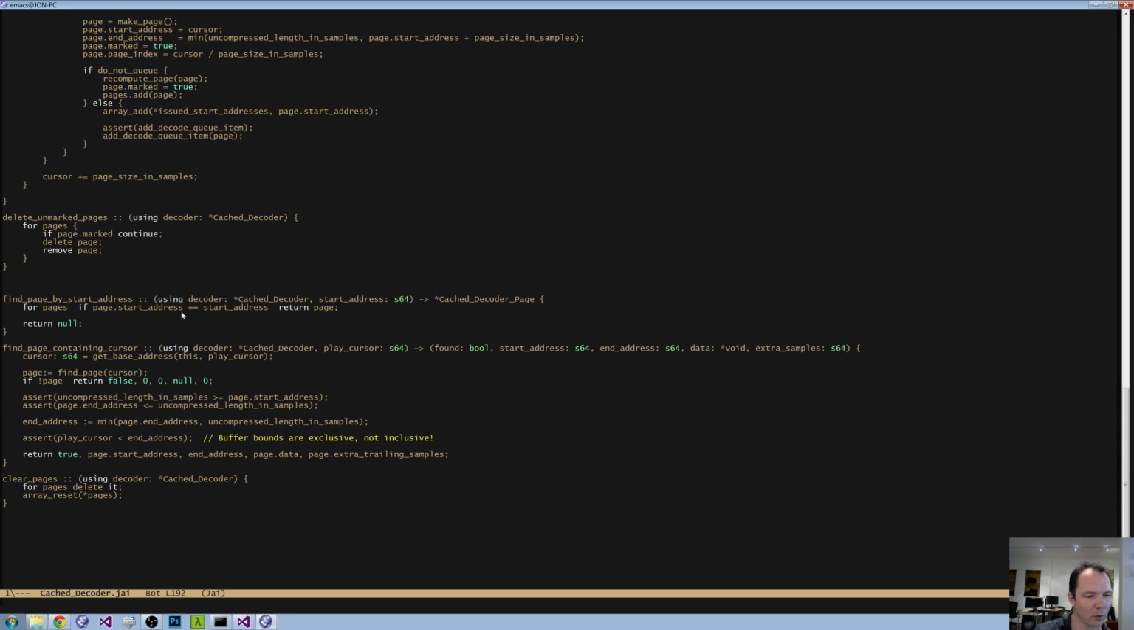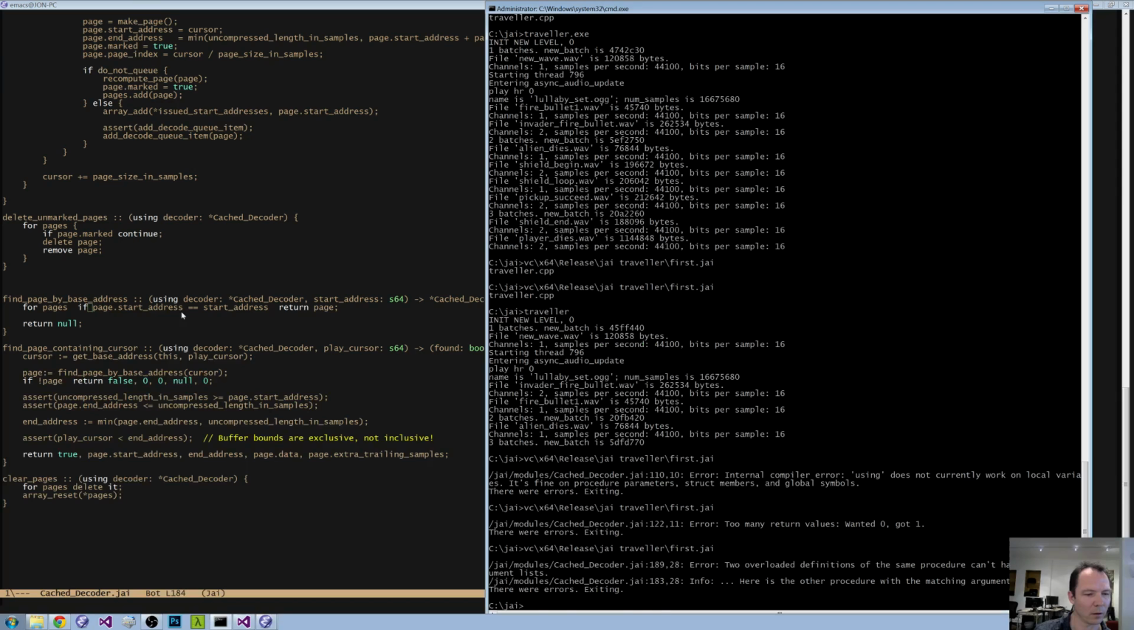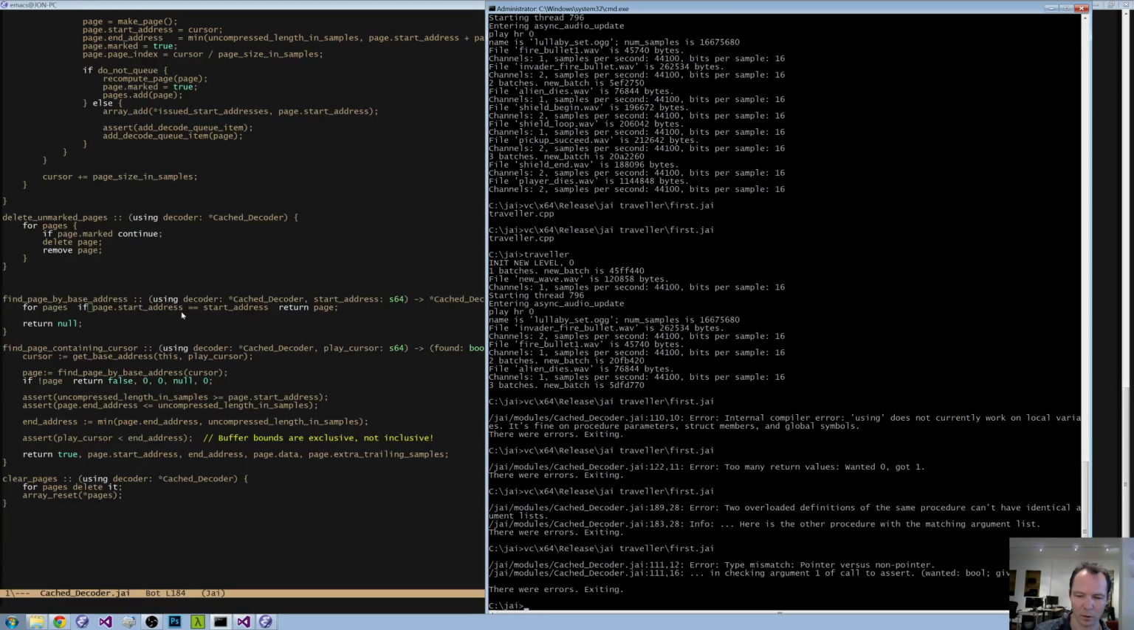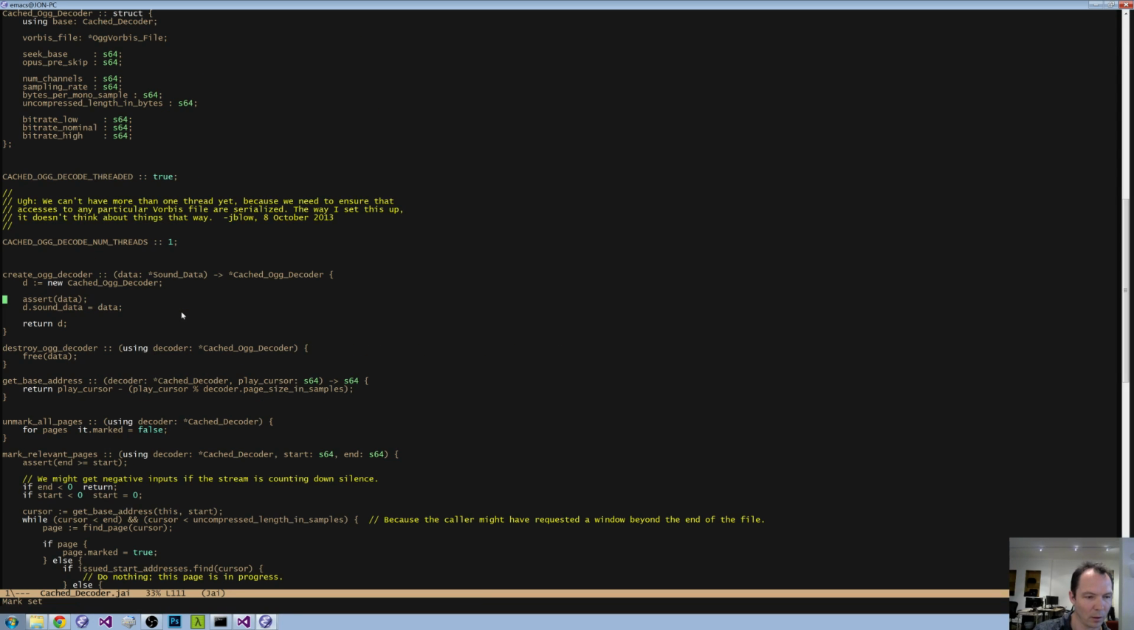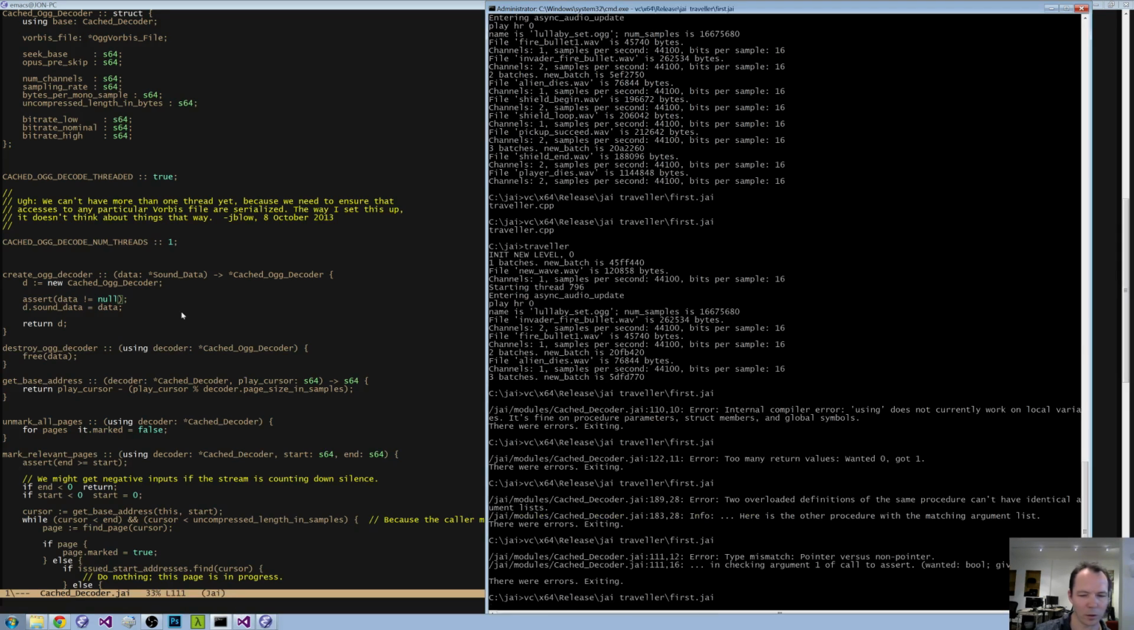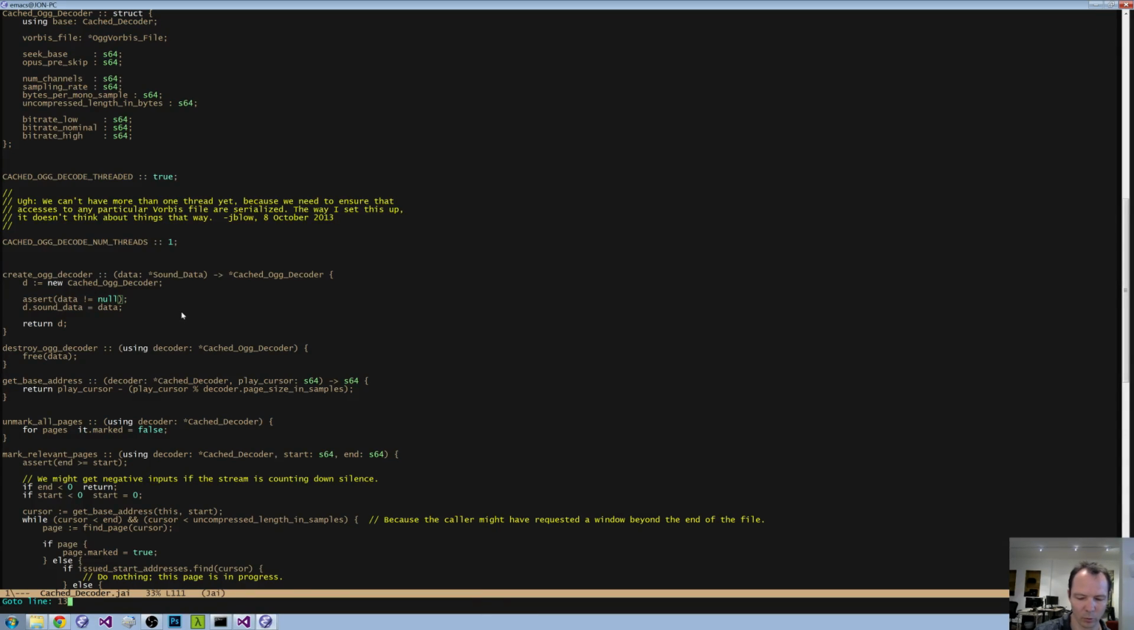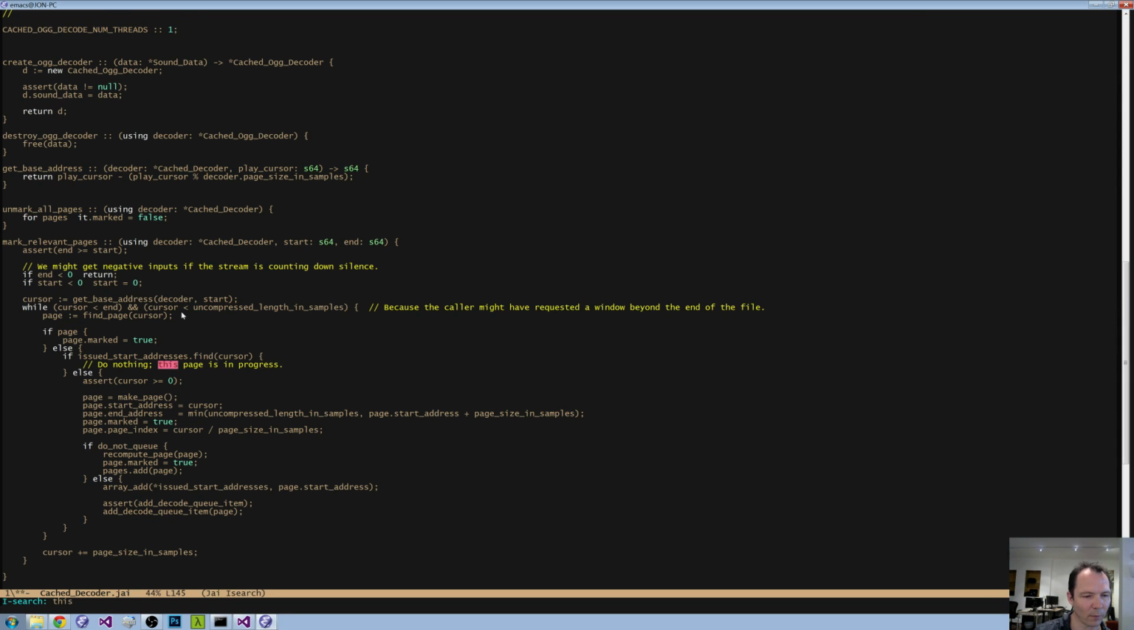Find page by... I'll call it base address instead of start address to be consistent. Line 111. Oh, like I said, my assert doesn't implicitly coerce to bool. All right, 137. I use a this decoder. I could just call my decoder this, but